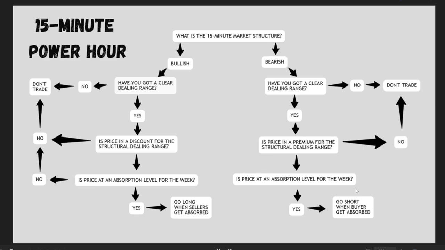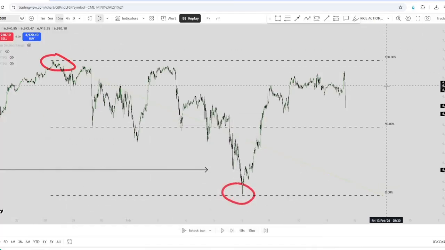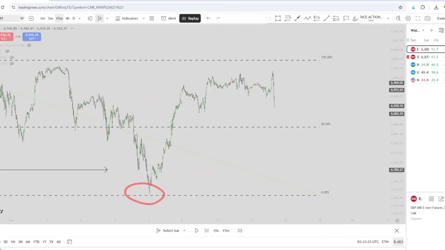And the sad thing about this is if you mess up this point over here, so if price is not at an absorption level for the week, it means your trade is not valid, but a lot of people try and go short anyway, right? So if price is not at an absorption level for the week, you don't trade, right? So this is the basic logic. So if we go back to my chart on ES, where I've got my